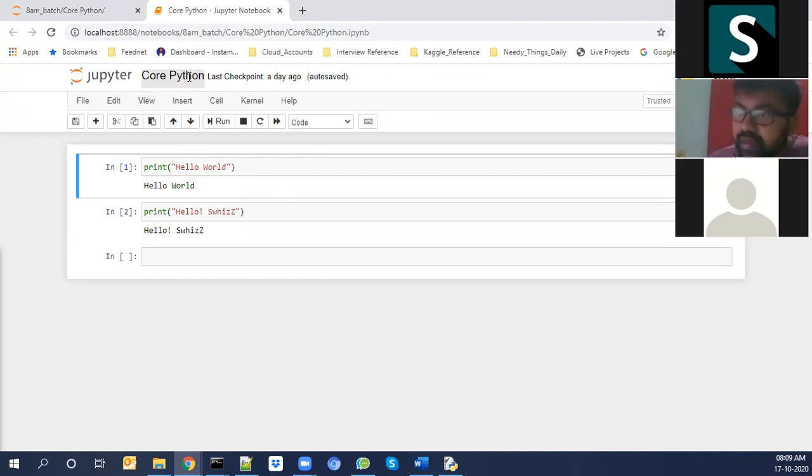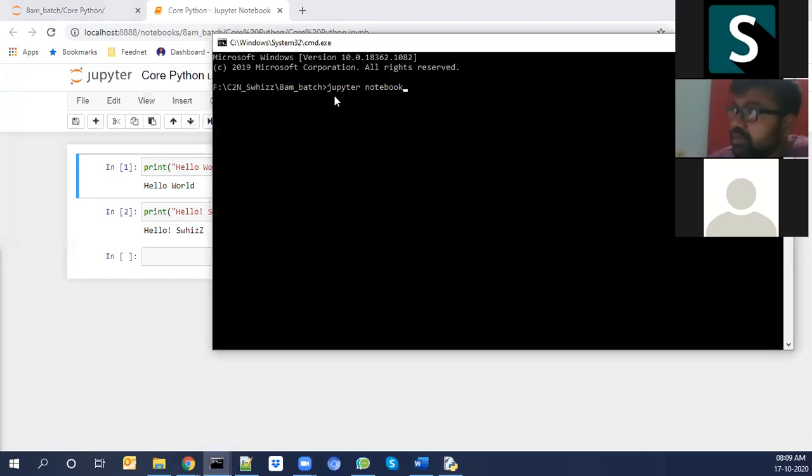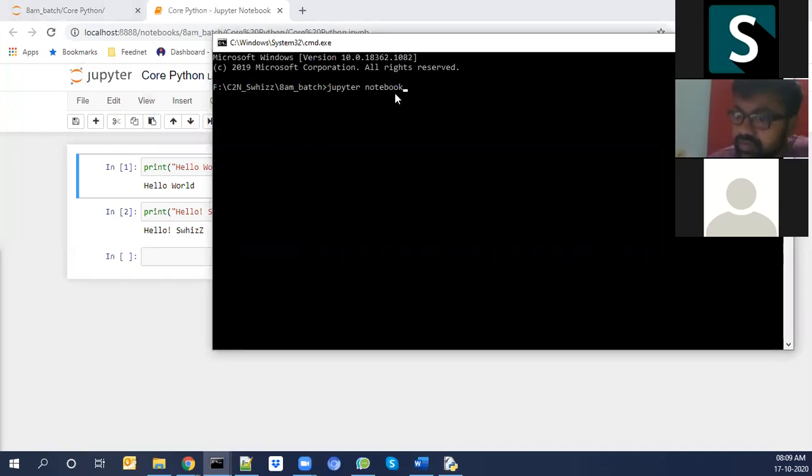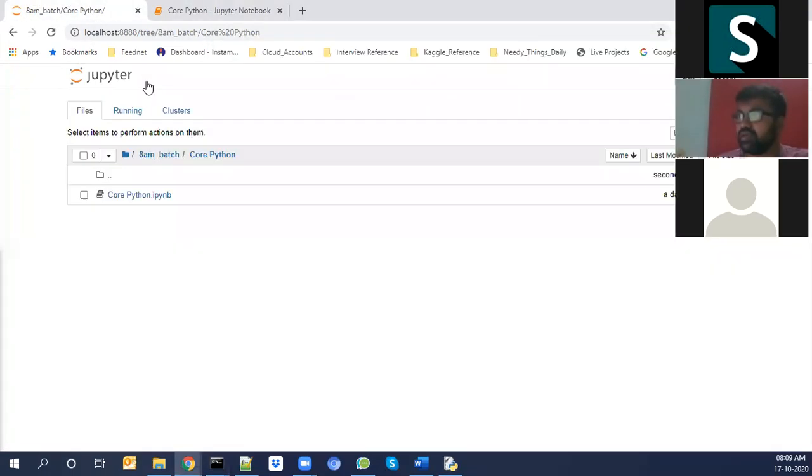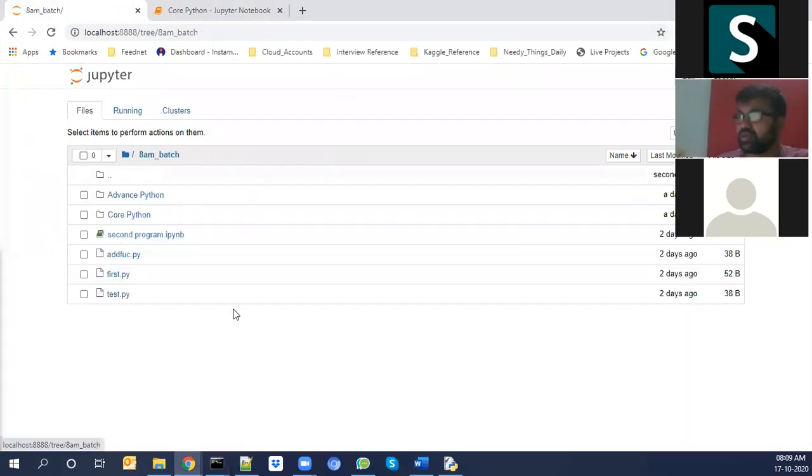Just a minute, Sampath. In the command prompt, I should type Jupyter Notebook, right? Yes, you need to type Jupyter space notebook from the command prompt. It will open the home page like this one.